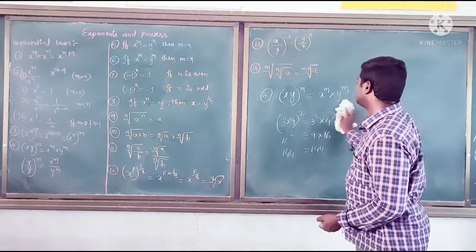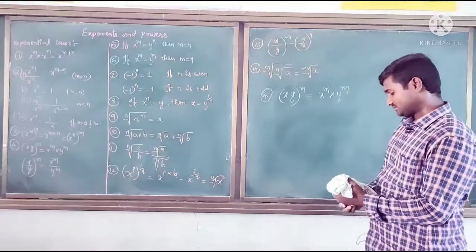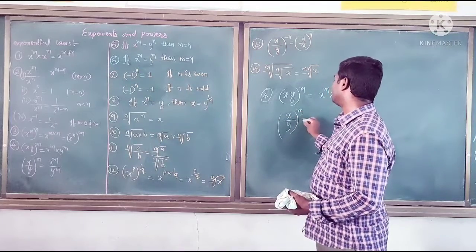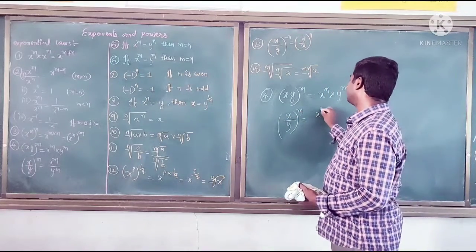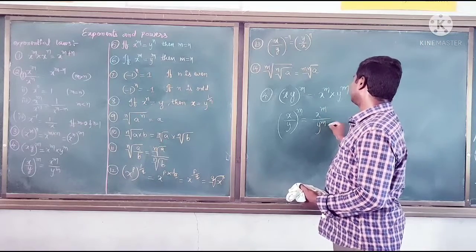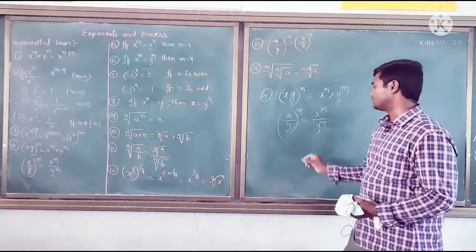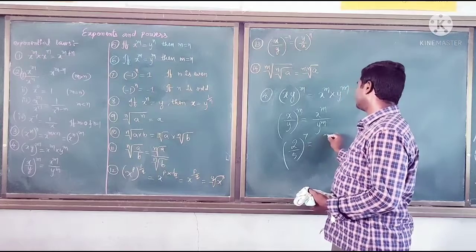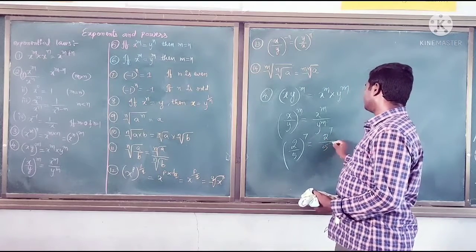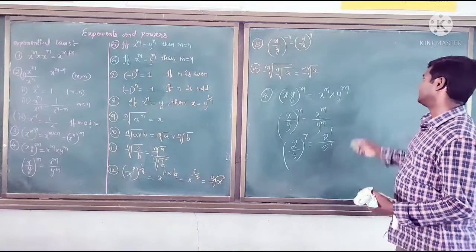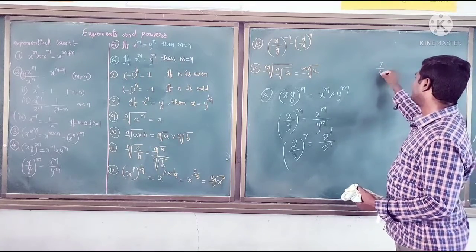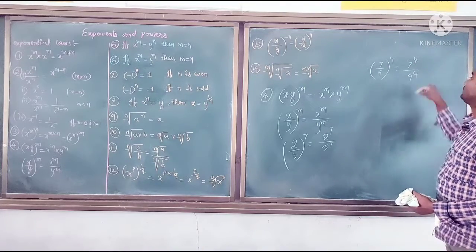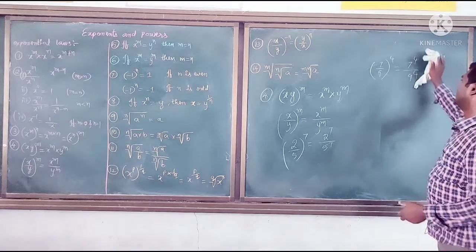Okay, so next formula, in this second case, that is (x by y) whole power m. (X by y) whole power m is nothing but x power m by y power m, that is we can write like this. Suppose (2 by 5) whole power 7 means we can write 2 power 7 by 5 power 7. Okay, so like that. (7 by 9) whole power 4 equal to this, we can write as 7 power 4 by 9 power 4. Okay, so that is likewise.